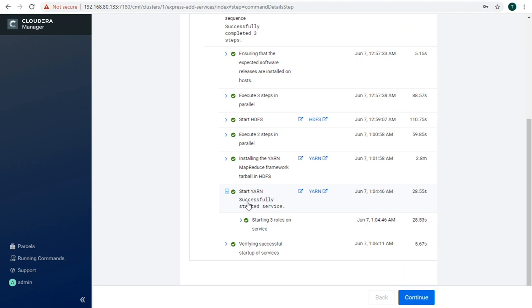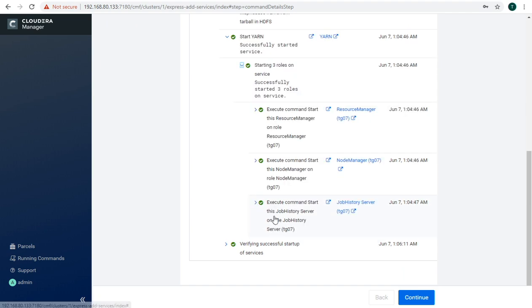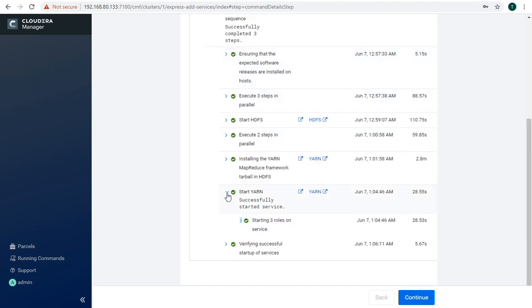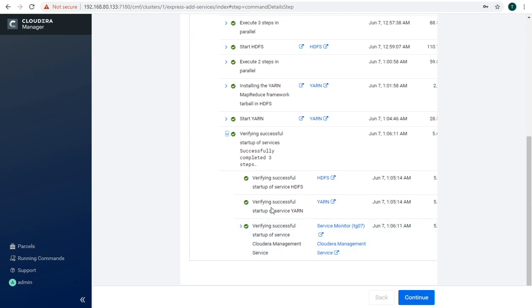Then it will also conclude the sixth step. It will be using start YARN successfully, and it will start all three roles, resource manager, node manager, and job history server.